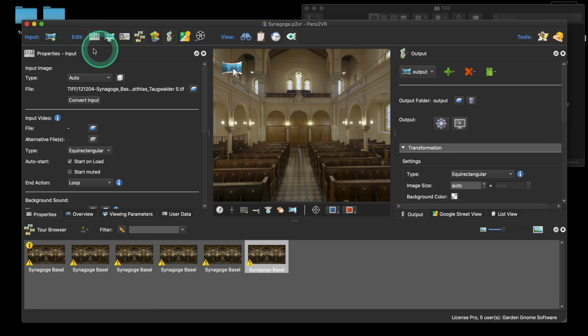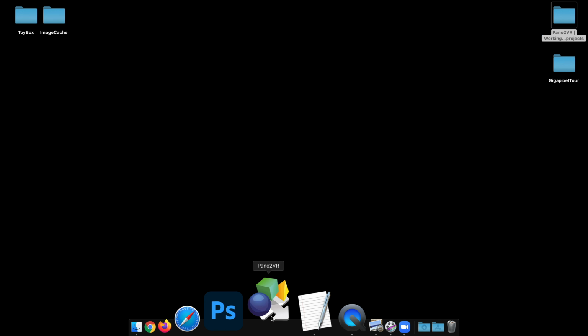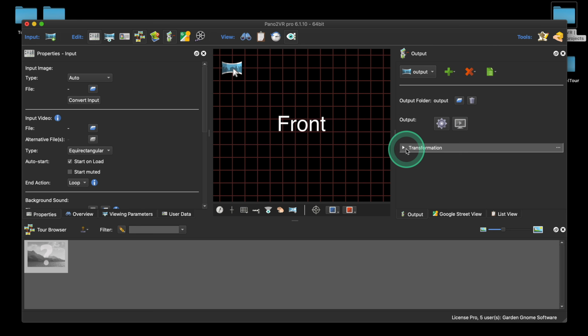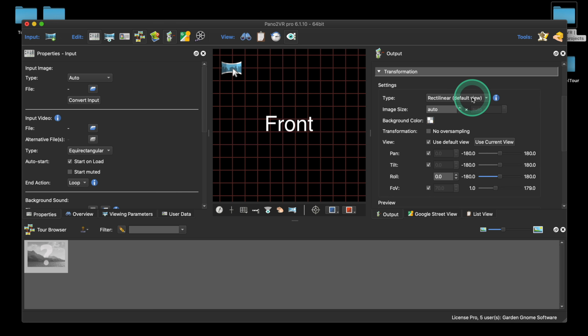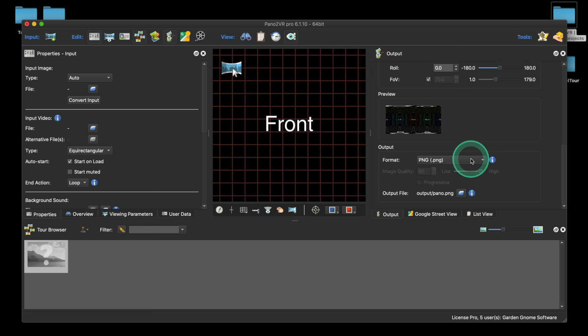All right, one other way of doing this, which is my preferred way, is to use a droplet. Basically, how to do that is I'm going to open up Pano2VR, a blank project. I'm going to go back to the output, add a transformations output, and set that exactly how we had it before. So let's open up this panel a bit so we can see it better. Equirectangular, default view, set that to being a TIFF, and we'll set the output to, oh, I'll just delete that, I didn't want to do that, to